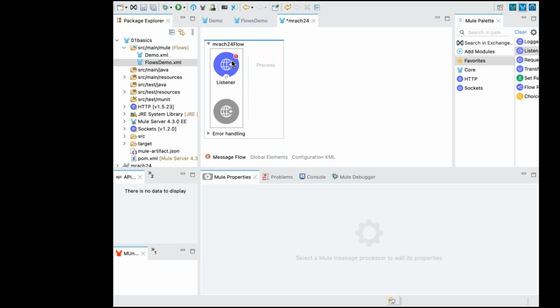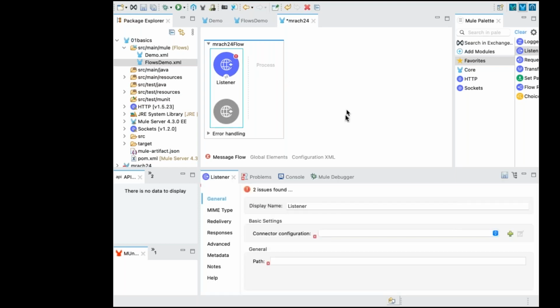Once you have added the HTTP listener, I think we can have a set variable basically, where we can split the query params, get that into a variable, and then pass that to the request. What is a variable?